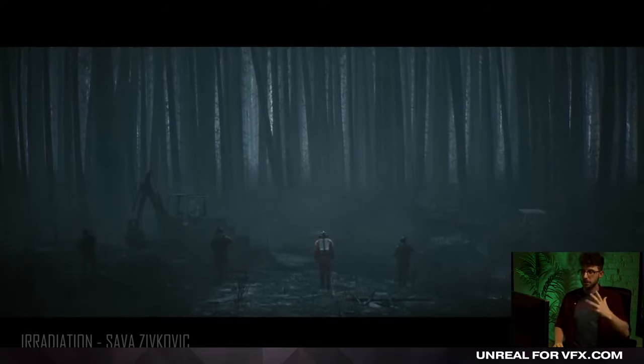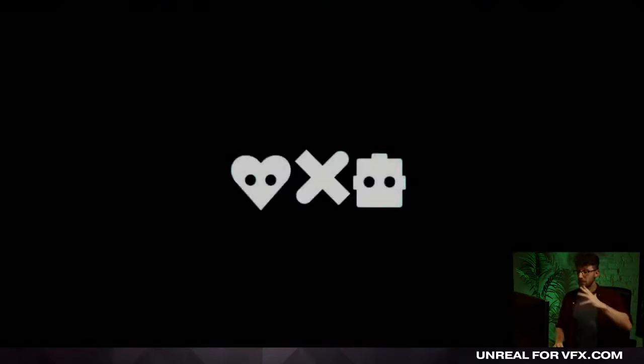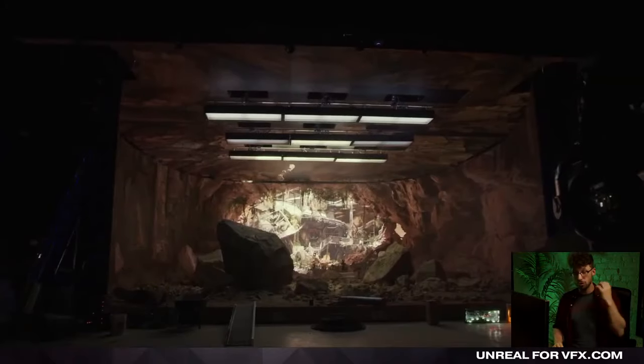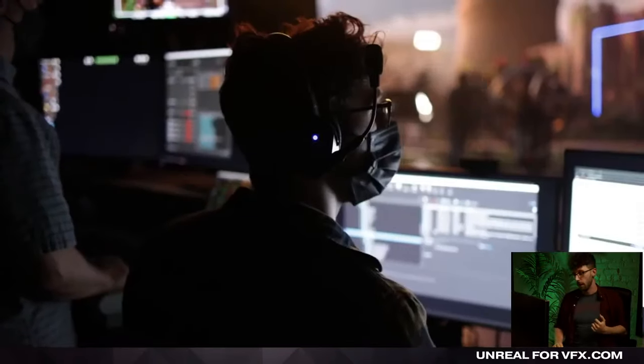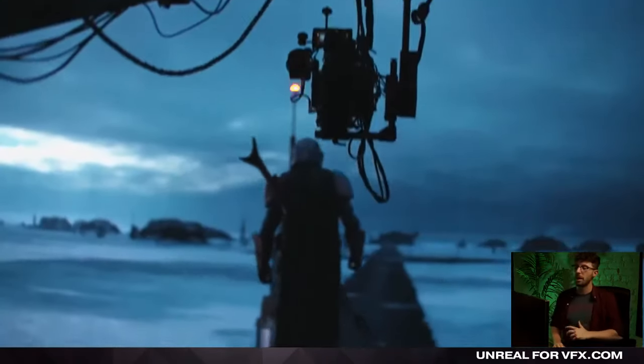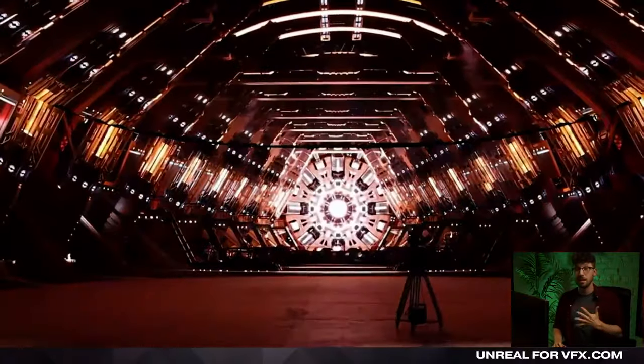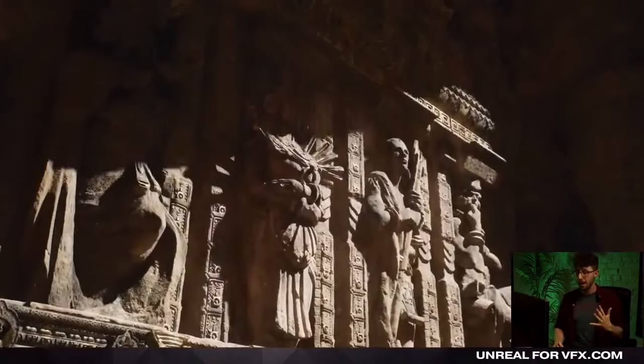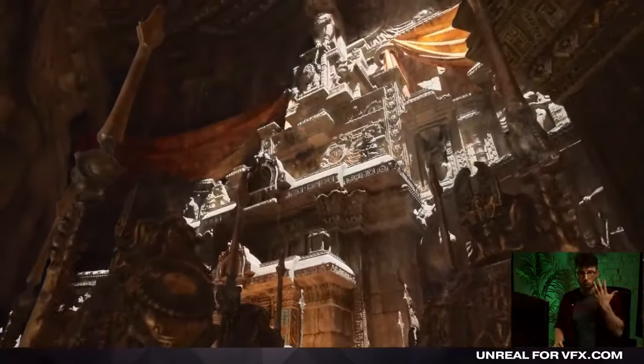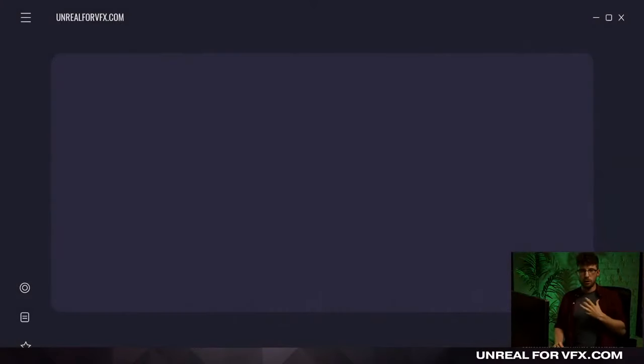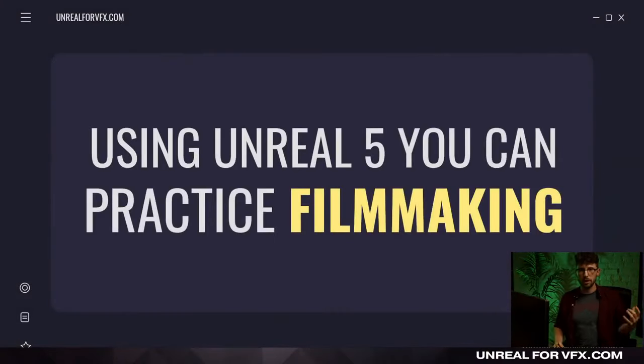So there's a lot of great films using Unreal Engine. Even Love, Death, and Robots on Netflix is using Unreal Engine for the episode In Vaulted Tombs. And obviously Unreal Engine is also used on set in virtual production. So it's used in so many ways, but if you learn the core skill set, you don't have to learn a brand new thing to use Unreal Engine for virtual production versus filmmaking. They really extend off of the other. They're really easy to learn once you know how Unreal Engine works in the first place.